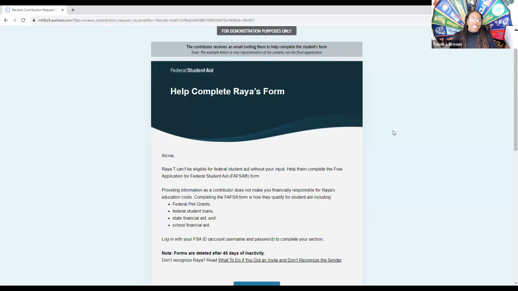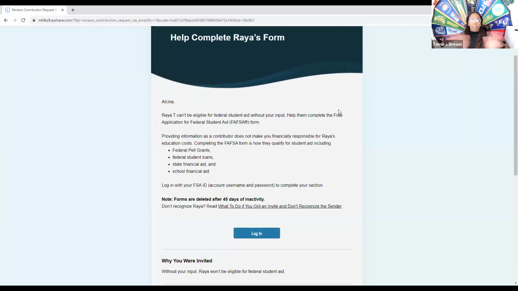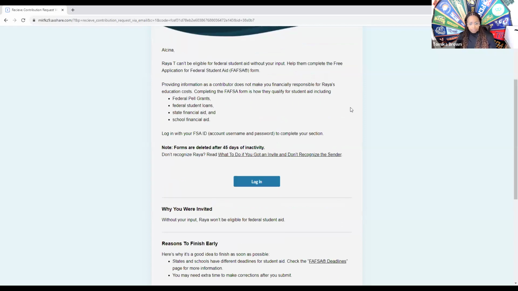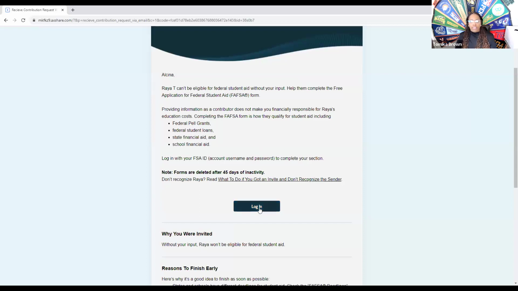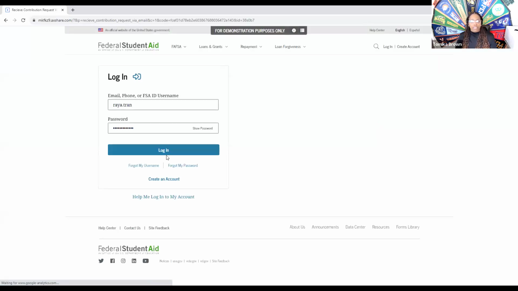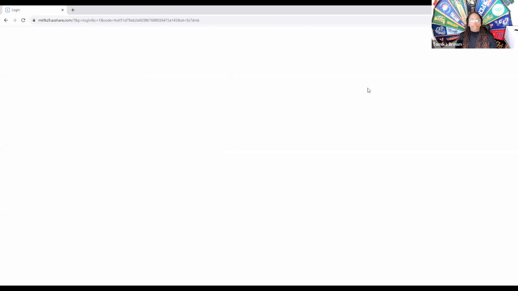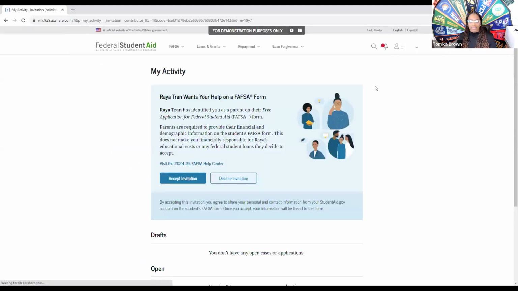When the parent receives their email letting them know that they are invited to complete their section of the FAFSA, this is essentially what the body of the email is going to look like. It gives them the information that they need to log in to complete their section of the FAFSA for the student. So the parent has created their FSA ID and password. And then when they log into the FAFSA website, whether or not they get the email, once the student has listed them on the FAFSA, if they log into the Federal Student Aid website and complete FAFSA, they